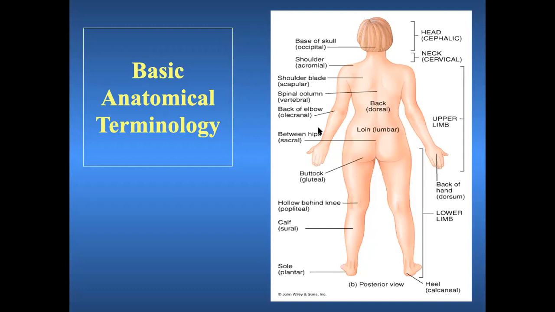Okay, so now this is the dorsal view of the body. In dorsal view, you have a lot of names which we will not discuss right now, as that's not required for you. So what is the dorsal aspect of the palm? This is more important once again. The palm is the ventral aspect of the hand, whereas this posterior aspect is called the dorsal aspect. So face, ventral aspect, dorsal aspect. Chest cavity, front is the ventral aspect, back is the dorsal aspect.